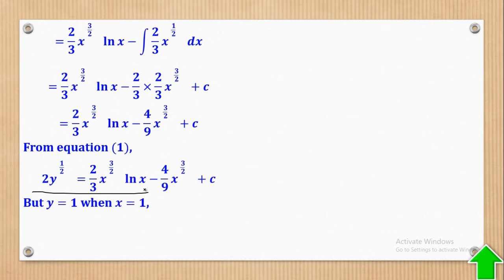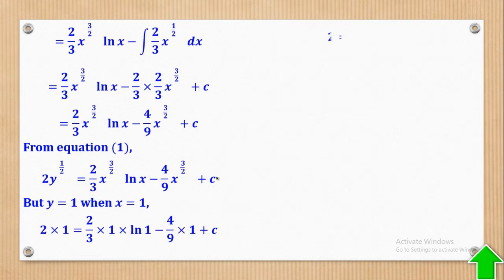But remember, we are given that y is equal to 1 when x is equal to 1. So this initial condition will help us to get the value of c. So when I substitute for y and x, I'll come up with that. That implies that c will be equal to 22/9. Therefore, that c will be replaced in this to get